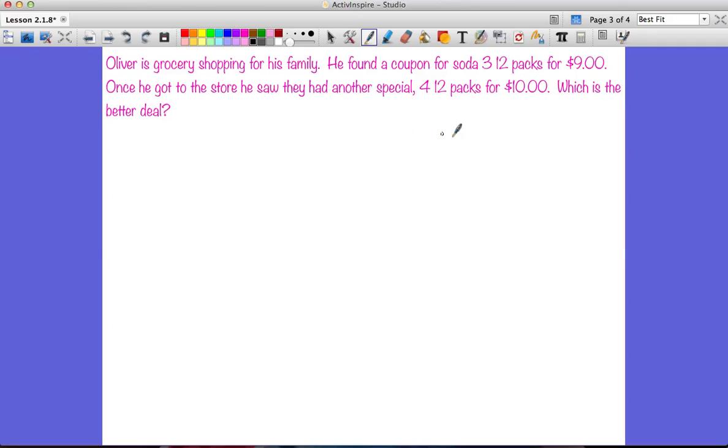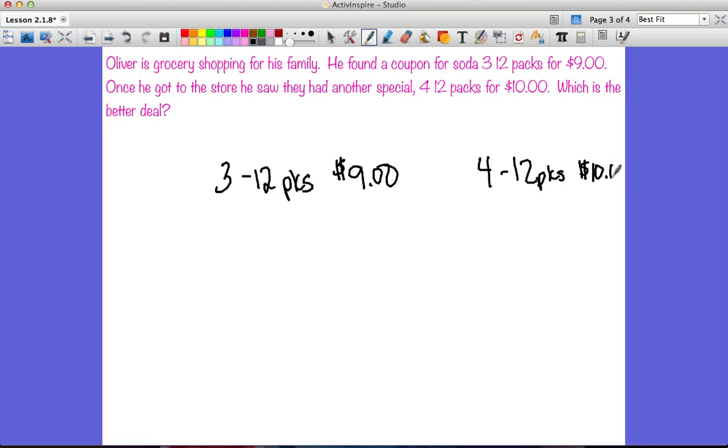Alright, so when he was shopping for his family, he saw that he could get 3 12-packs for $9, or he could get 4 12-packs for $10. So looking at this, we know that we can get 3 packs because the 12 and the 12 are the same. We can just say 3 packs because the package sizes are the same. So 3 packs,